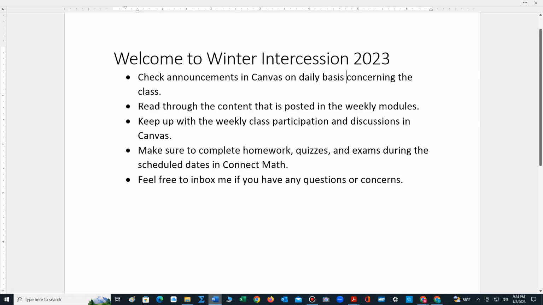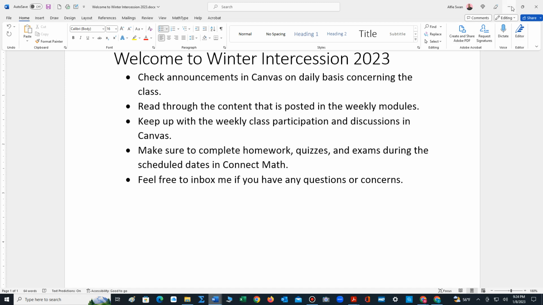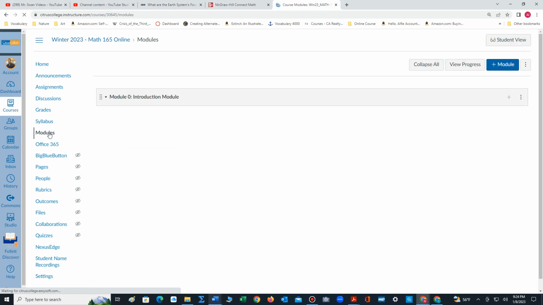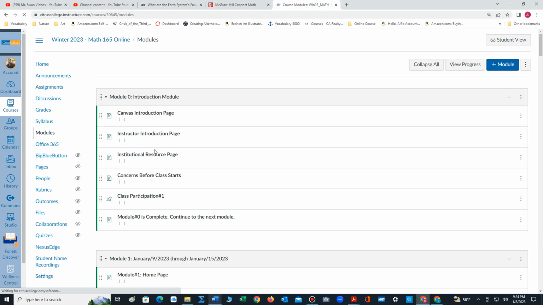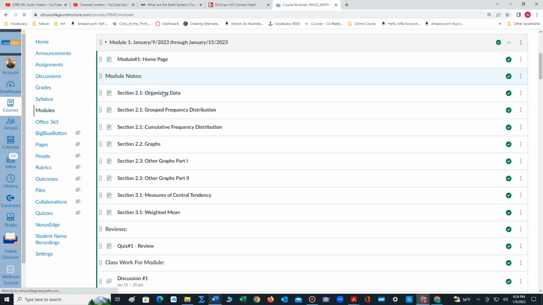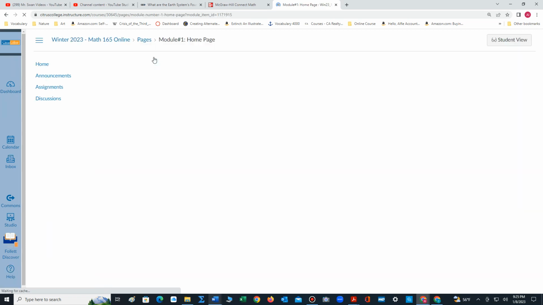Also, make sure that you read through the content that is posted in the weekly modules. This pertains more to my online course, because in my online course, let's go to the module section. In my online course, that's where I have all of the content pages. So let's just go through module number 1 just to help you understand how it's organized. So if we click on the home page,